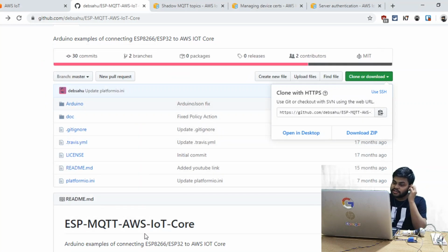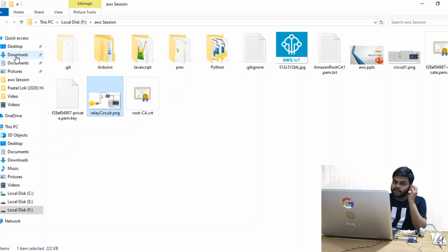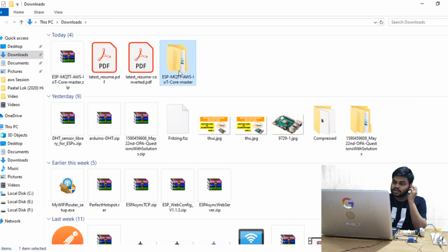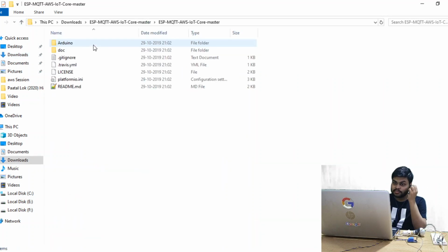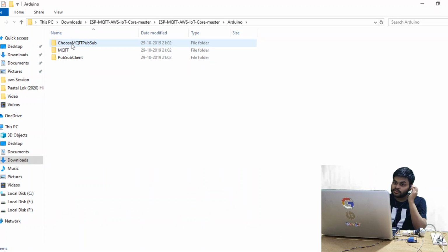So after extracting it, you need to open it. Fine. So here is the example, and it contains Arduino, and we are using PubSub client in this session. Okay. So PubSub client.ino 6 KB and secrets.h 3 KB. Fine. So we need to open this in our Arduino software.